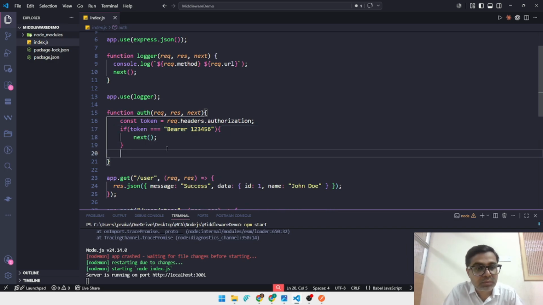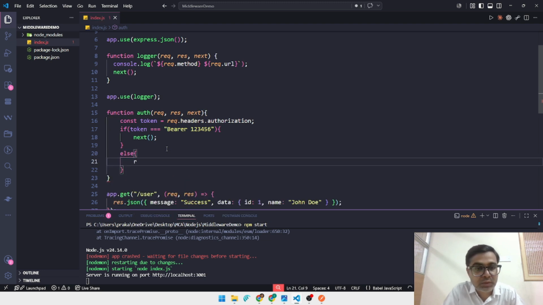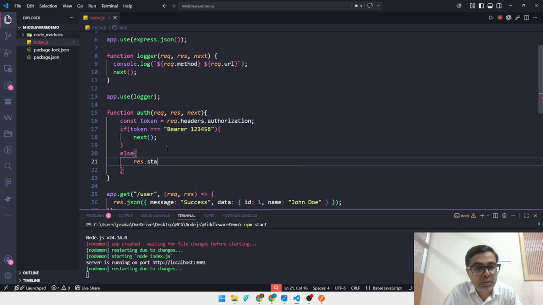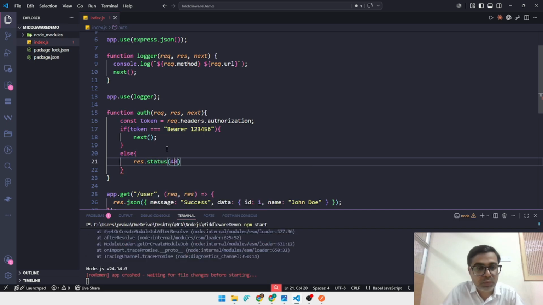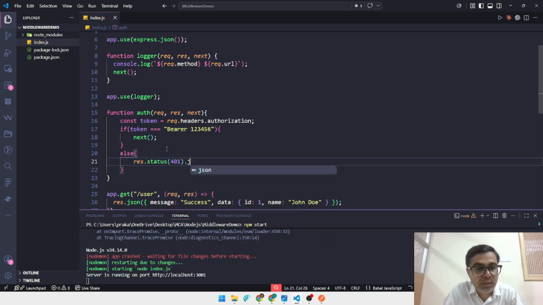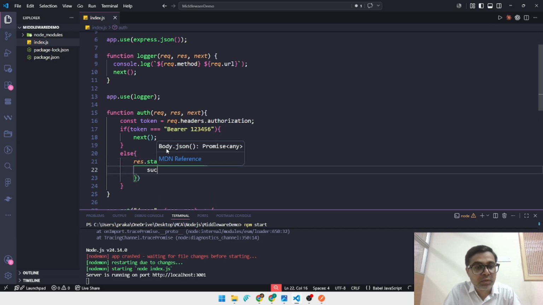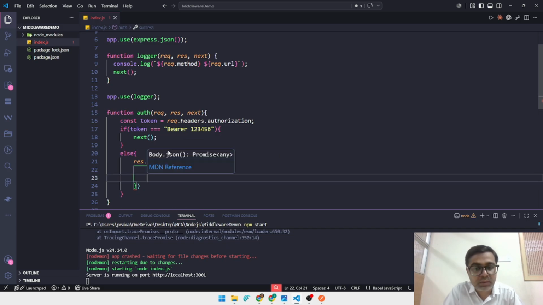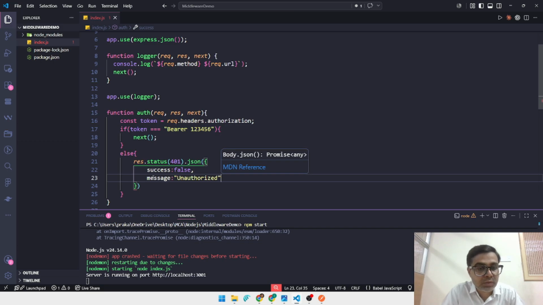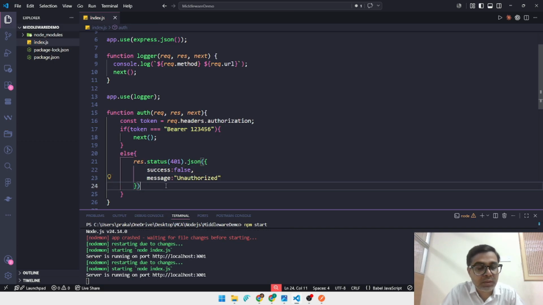Otherwise, it gives an error. What type of error it shows? It shows response dot status. Status is 401, so it is failed. And message is whatever you want to give. I give success is false and message is